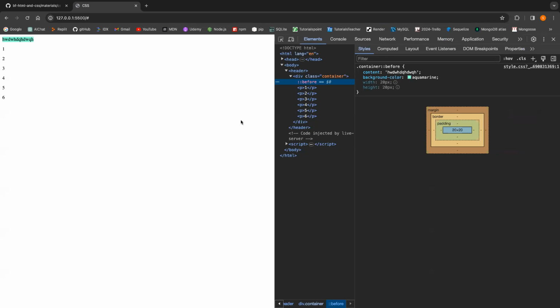In what situation do we use this pseudo element? Let's say I need to show a small image before this element, but I don't really want to add it to my HTML. Sometimes we can, for example, show the number 0 here if I want to. Of course, you can do it in your HTML if you want to, but sometimes we don't want to add